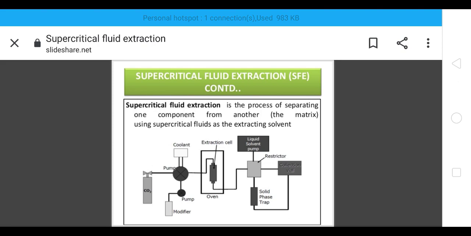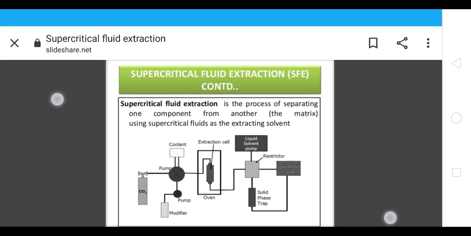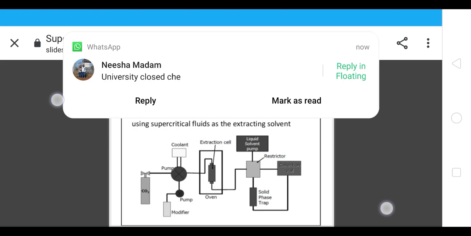Now, the procedure of supercritical fluid extraction is the process for separation of one component from another using a supercritical fluid as the extracting solvent. Now see the components of each and every part. CO2 is used as the supercritical fluid. It passes through the pump, and then it reaches the extraction cell, where after passing through the extraction cell, the liquid solvent is separated and the solid phase is trapped out in your